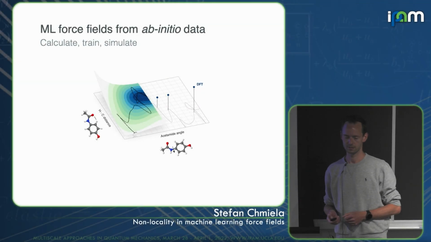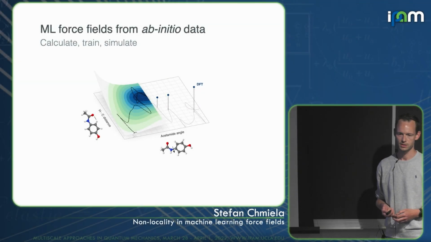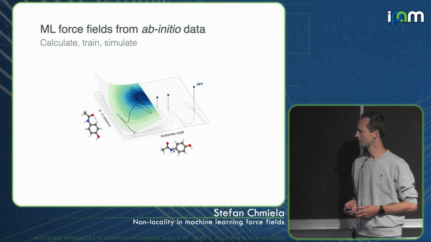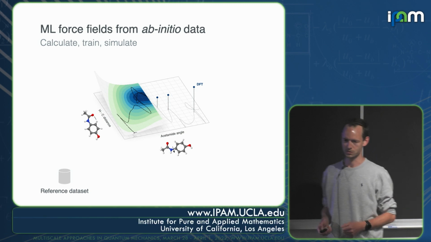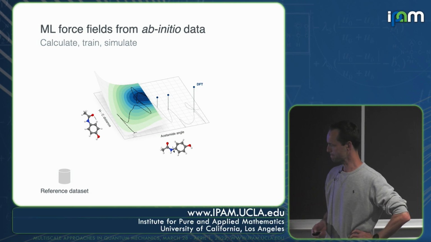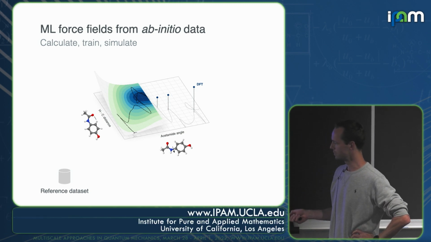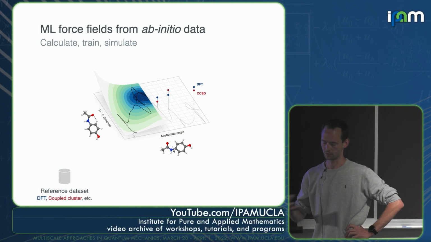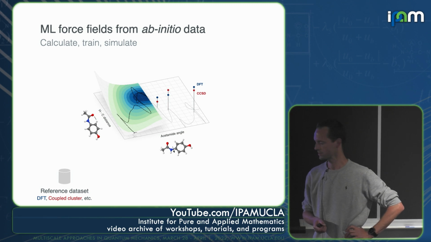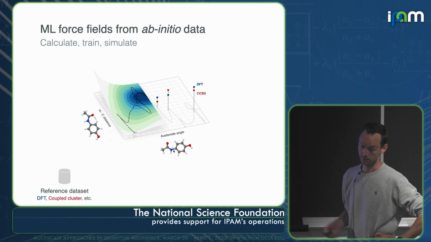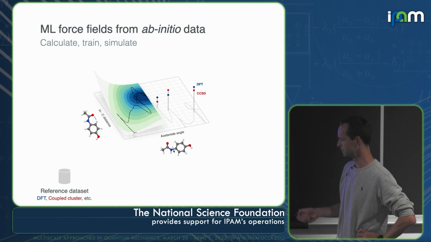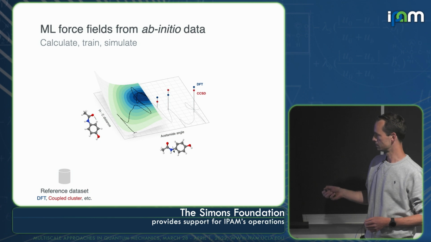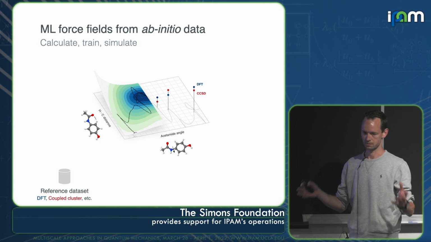When you reconstruct force fields with machine learning, conceptually it's a very simple process. So the first step of this two-step process is to generate the data, and usually you would want to generate the data on a very high level. So you would like to have highly accurate reference data, as accurate as you can afford. Because you need to compute several of those data points along the potential energy surface in order to assemble